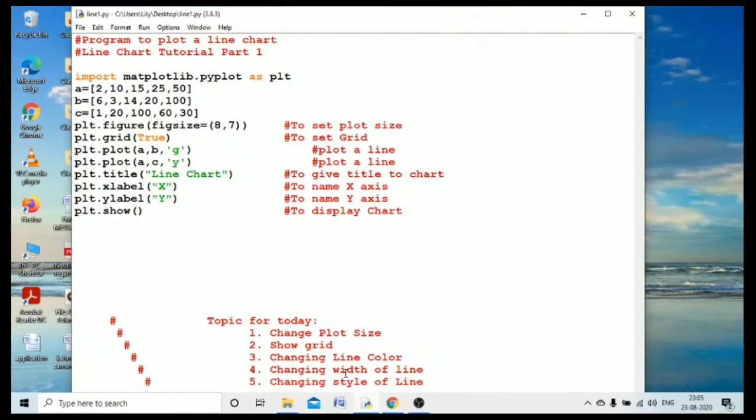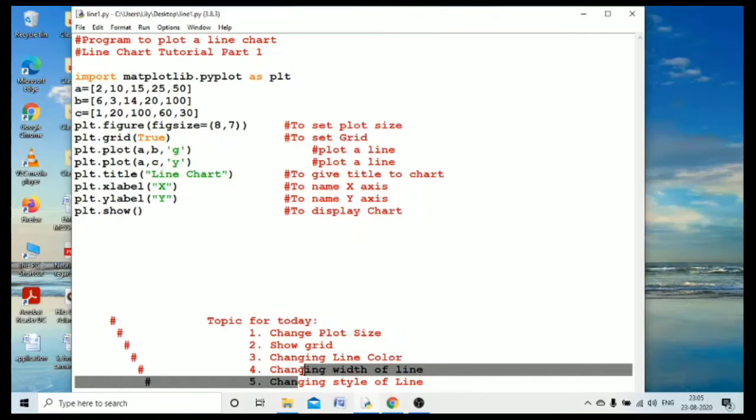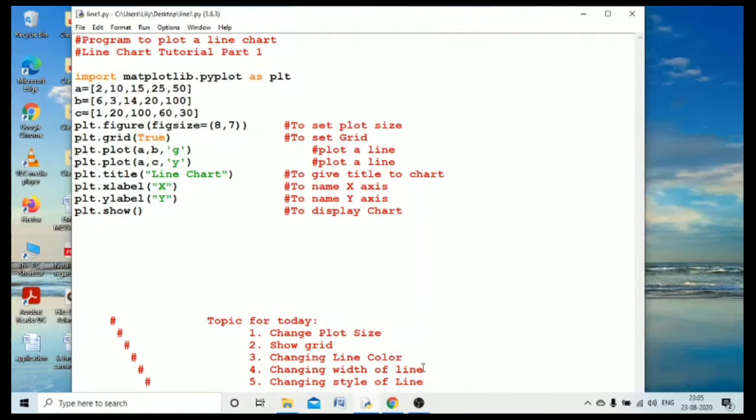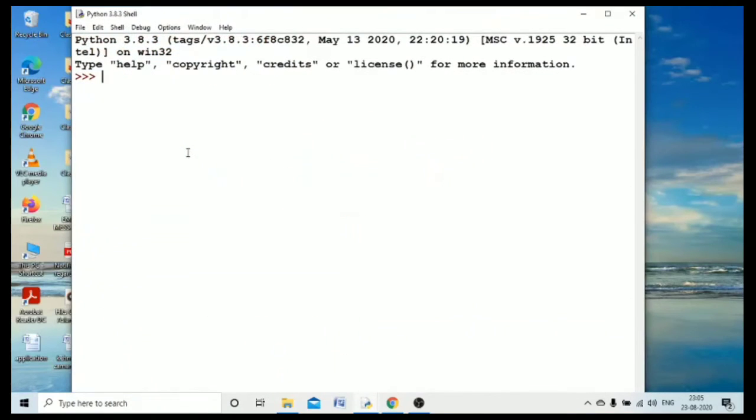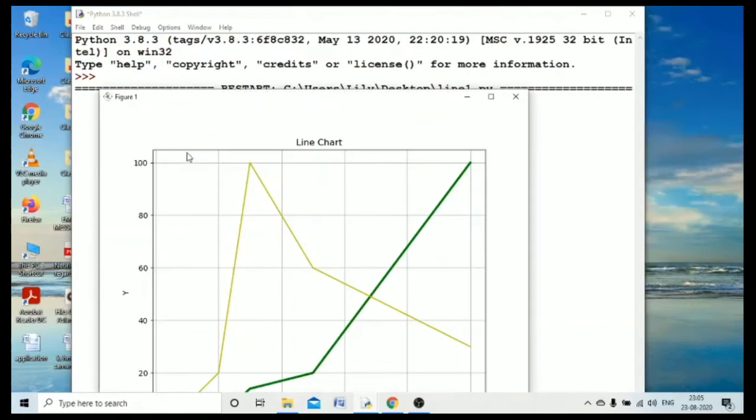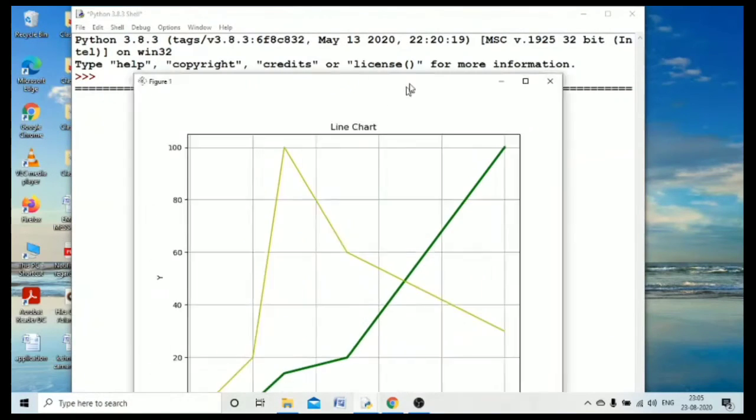Now we will see how we can change the width of any line, and the argument for that is linewidth. So we have to give any numeric value to the linewidth, and accordingly it will display the width or thickness of the line. So you can see I have made one line a bit thicker.